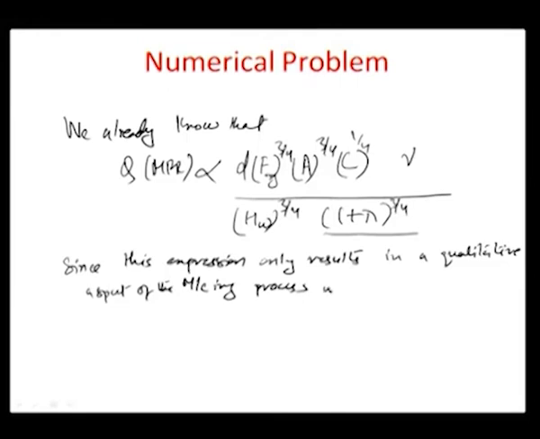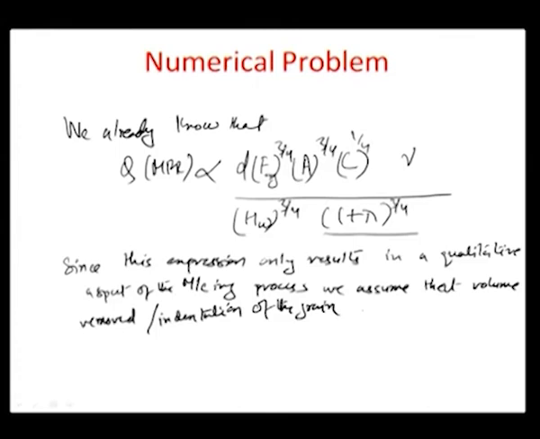So we assume that the volume removed per indentation of the grain is approximated by the hemispherical volume